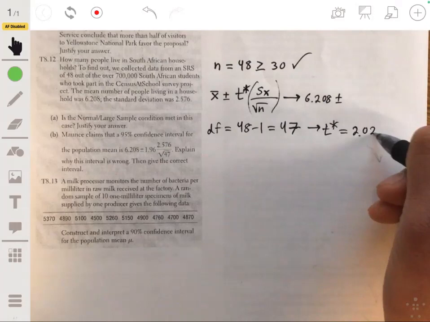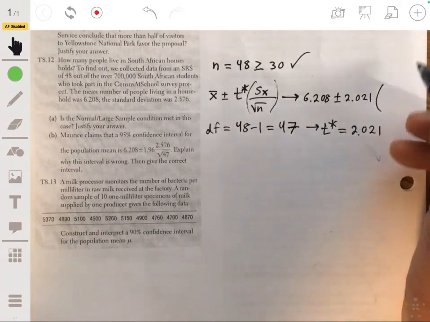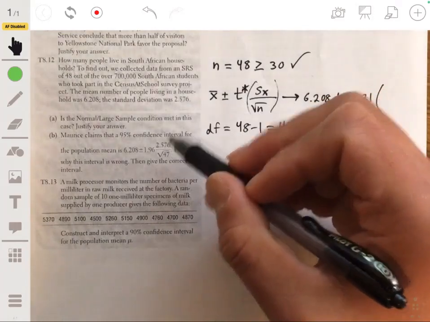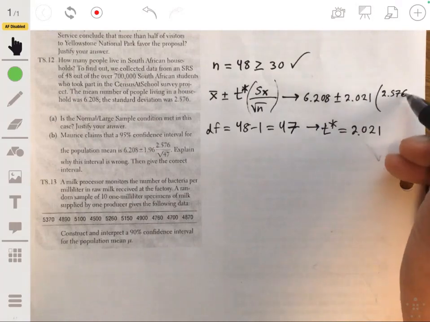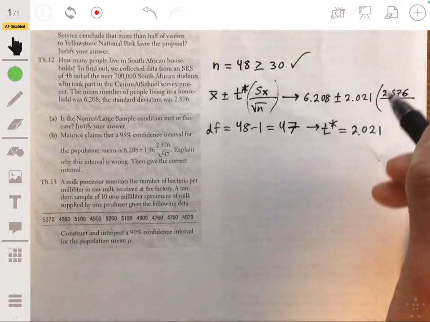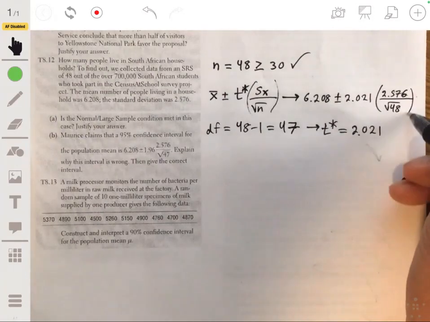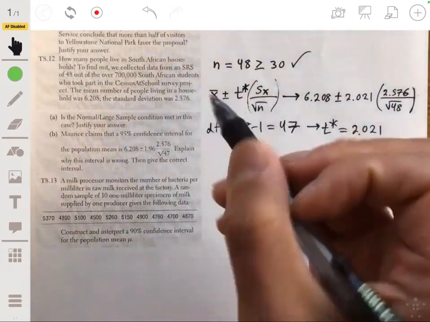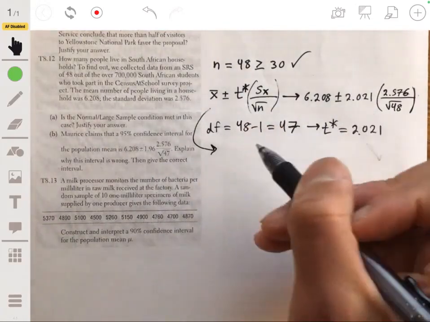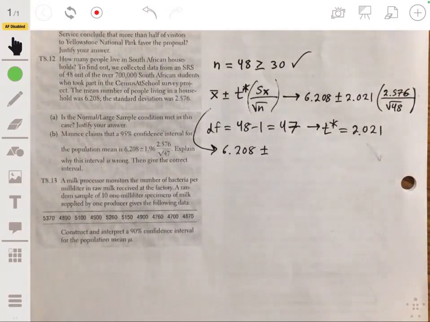So 2.021, we put that there, times the sample standard deviation, 2.576, over the square root of n, so over the square root of 48. And then, so working this out, 6.208 plus or minus, so leaving this to our calculator,